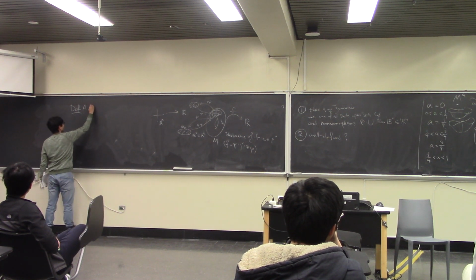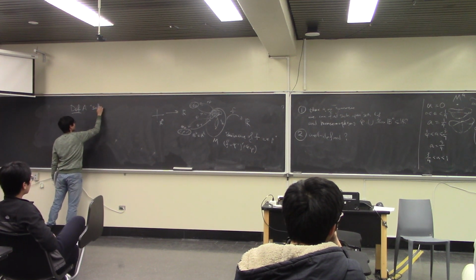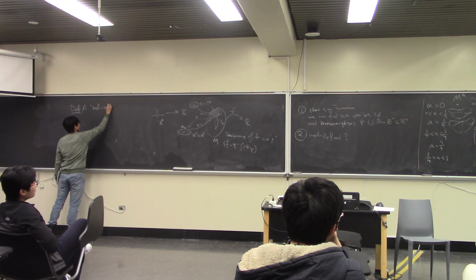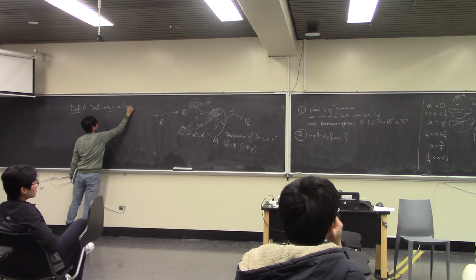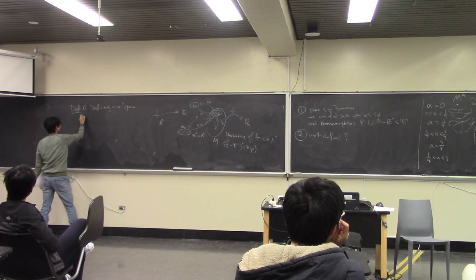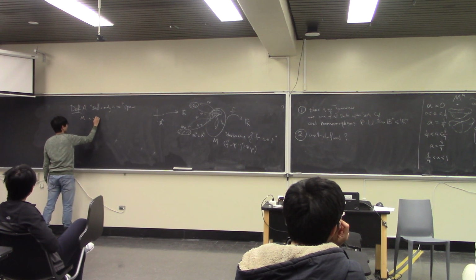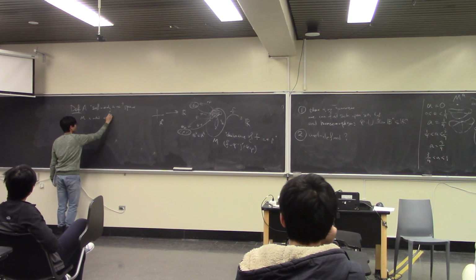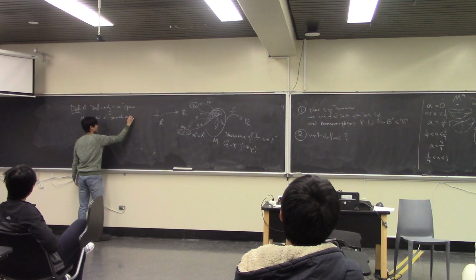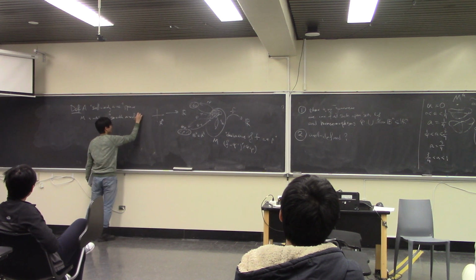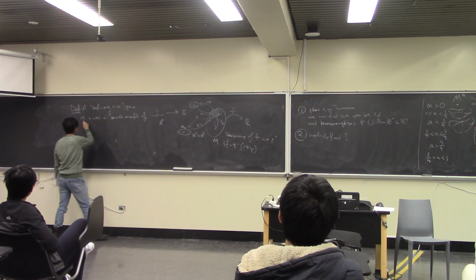A sufficiently nice space is called a smooth manifold of dimension n